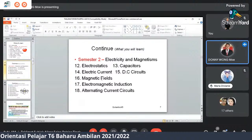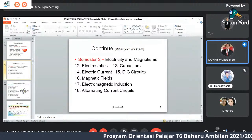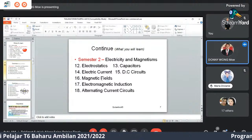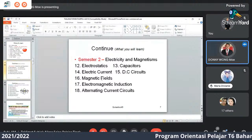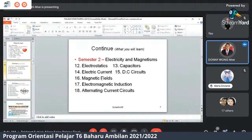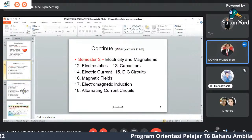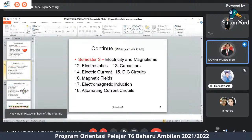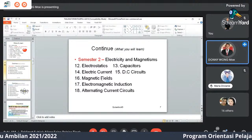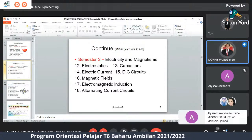Then you have magnetic fields, where if you still remember Faraday's law, Lenz's law from your chapter 4 of SPM in Form 5, magnetism, electromagnetism. So that one is magnetic fields, and it is combined with chapter 17, electromagnetic induction. So electromagnetic induction, if you still remember, this one is related to Faraday's law and Lenz's law here, but you will be learning more of what an inductor is. So an inductor is just a piece of wire, but it will be able to store energy. It's just a solenoid, and there are a lot of electrical components that are new to you in